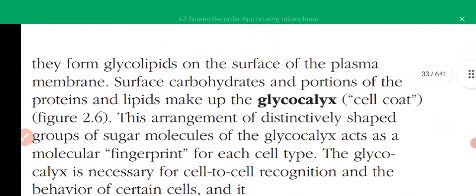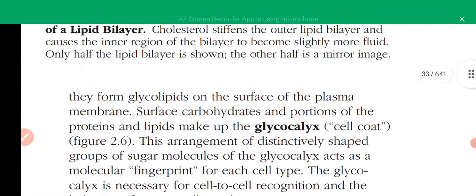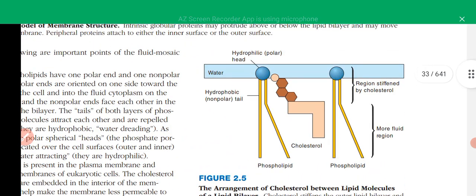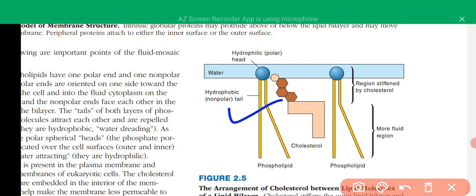which is outside the cell membrane and helps in the recognition of a particular type of cell, and helps in fingerprinting. This is the structure of the cell membrane with a particular type of lipid molecule. This is our phospholipid, with a hydrophilic polar head and hydrophobic non-polar tails,